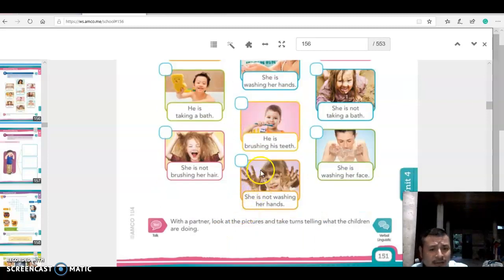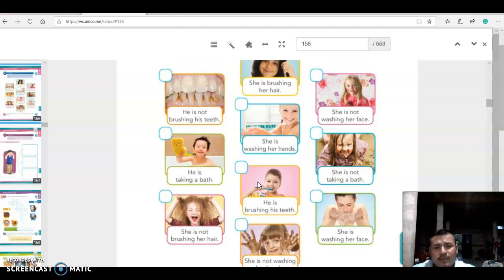So I think I'm going to give you an example. This one I think is bad. She's not washing her hands. Do you do that at home? When you play and then you want to eat something, do you wash your hands? Yeah, you need to wash your hands, okay? So this one, it's a bad habit. Okay, kids, I'm going to show you a short video about